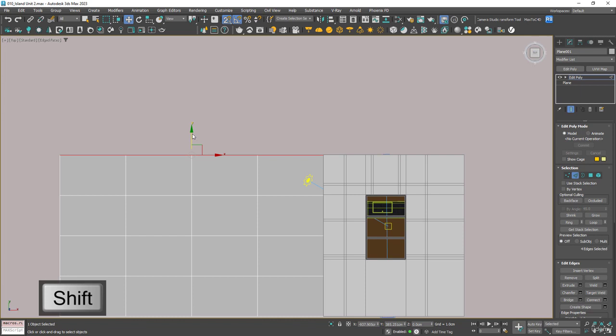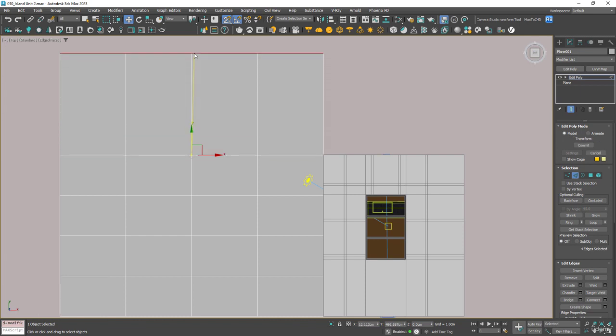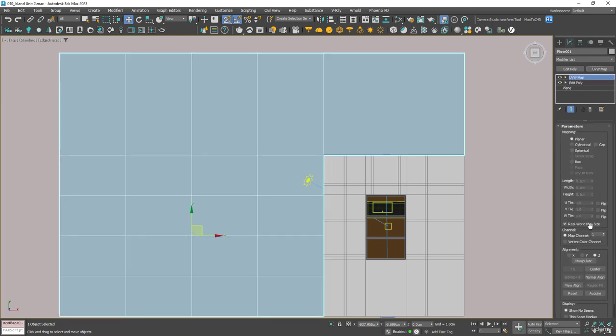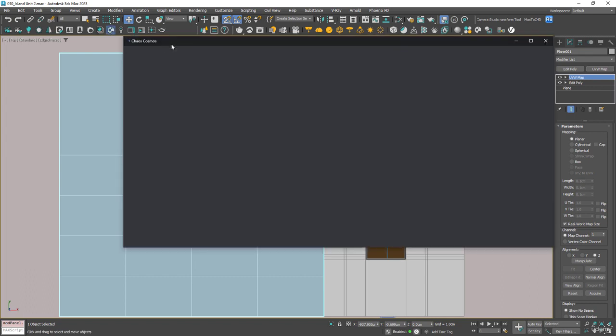If we double click, that's going to select the loop, and use the move tool, and holding shift, I'm just going to bring that back a little bit and also line it up with the edge of our house. And because we've extruded these, let's throw a UVW map on top, and that's already on real world, which is good. So let's open up the Cosmos browser